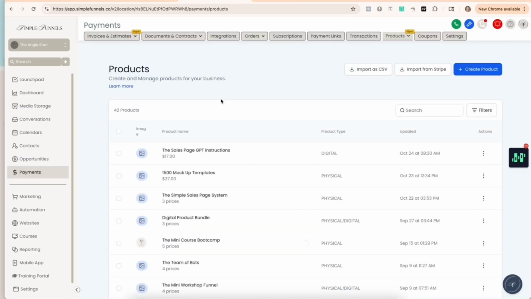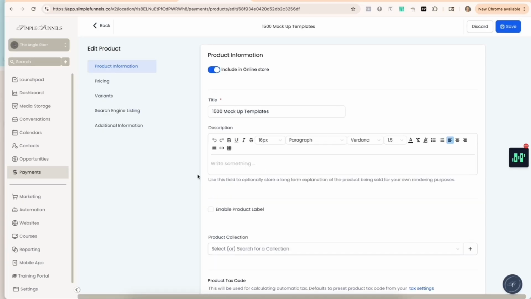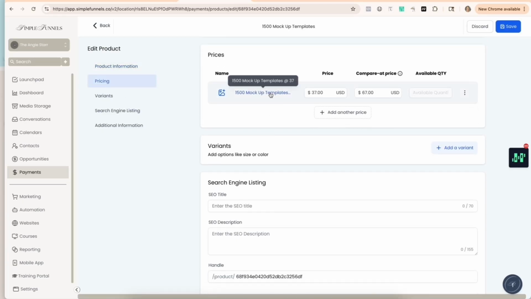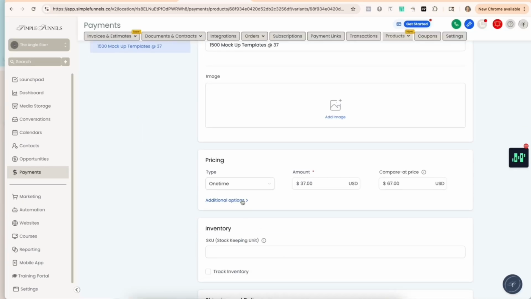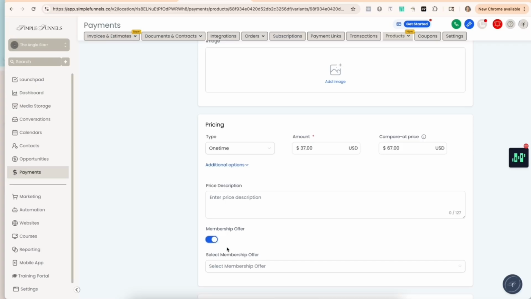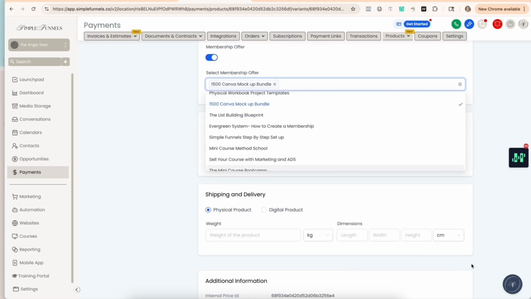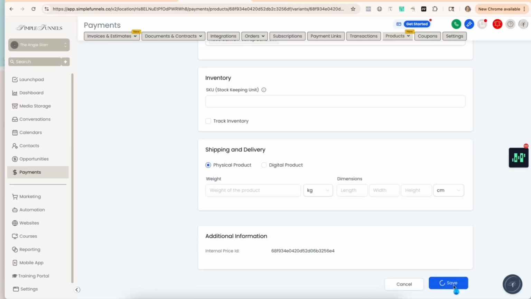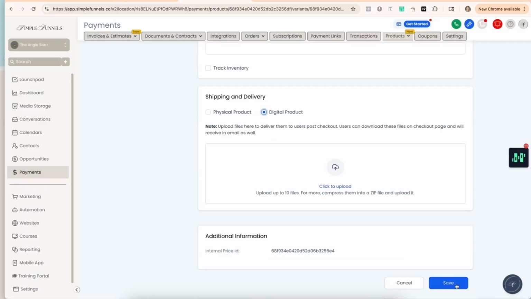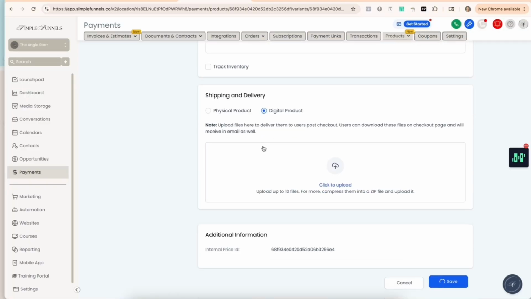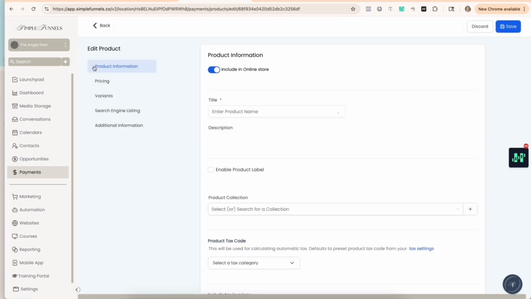Okay, go back to my next product, which is the mockup templates. Hit on pricing. I only have one price, so I'm going to click on the price. Click on additional membership offer. They're going to get right here. Hit save. I could change this to digital. Head back over